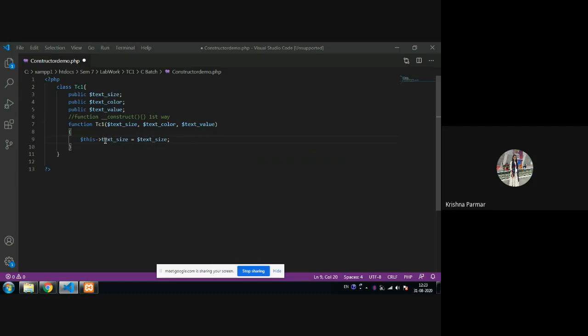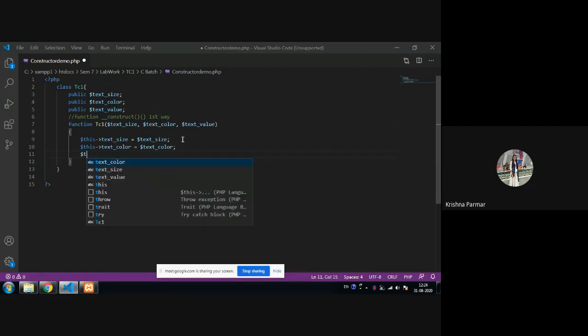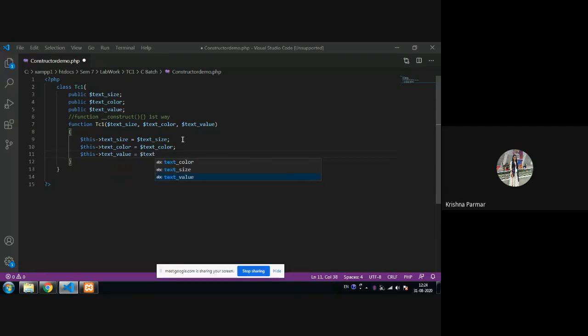So make sure you don't put any dollar sign after the arrow. This way we assign all three variables. Color is also assigned, and the text value is remaining. Fine. So that is called the constructor, and you initialize every property in that constructor.